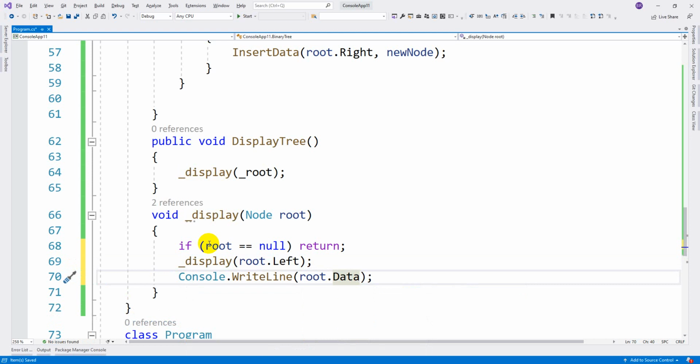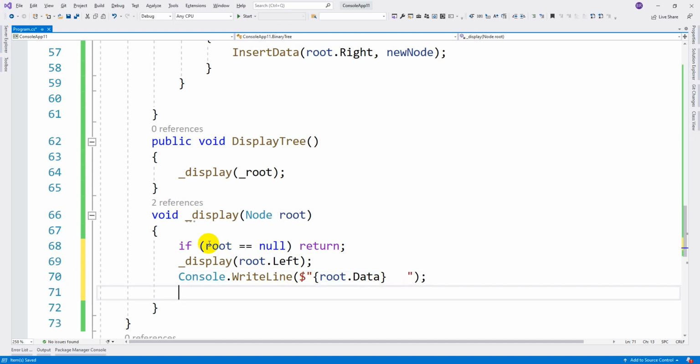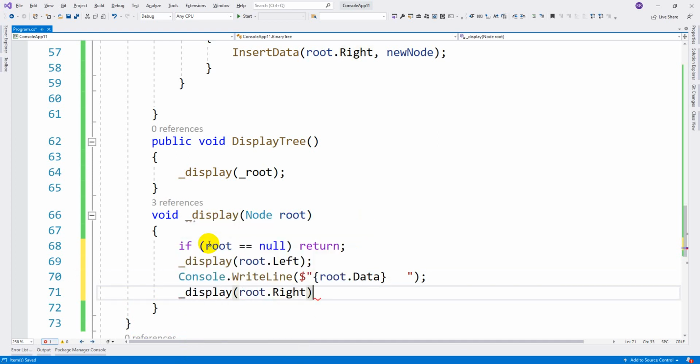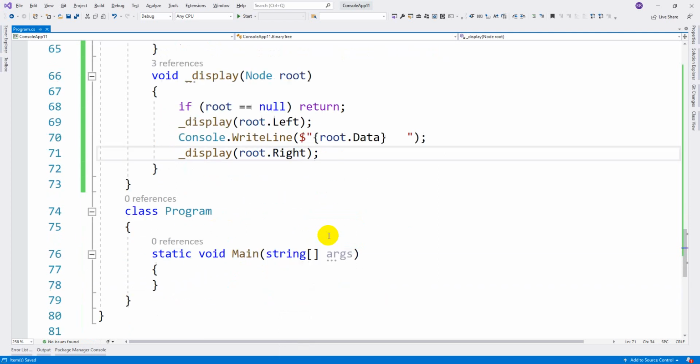We print the data followed by a space for the next element. Then the recursive function display of root dot right. So we'll print the left element, the data and the right element. This is how you can use the display method.